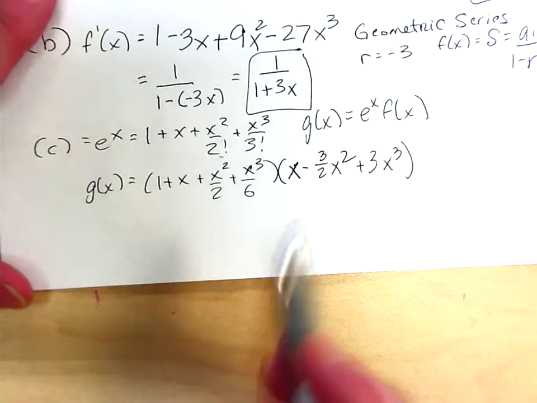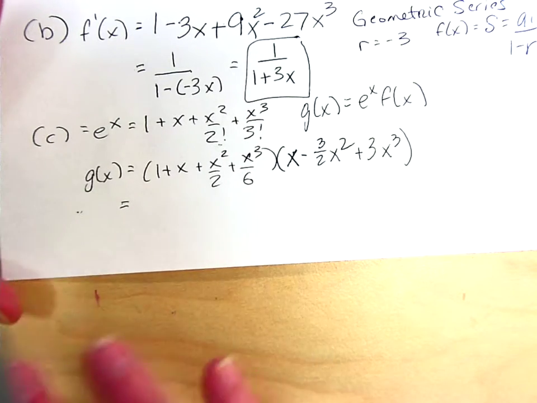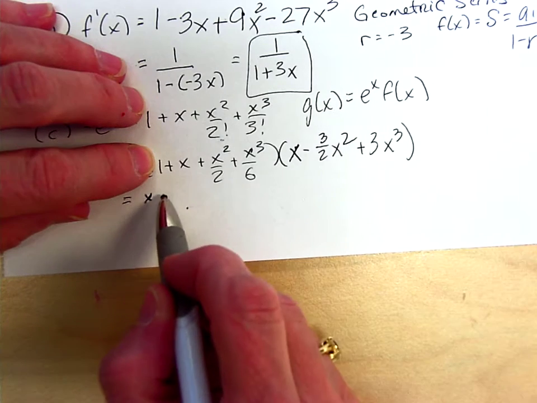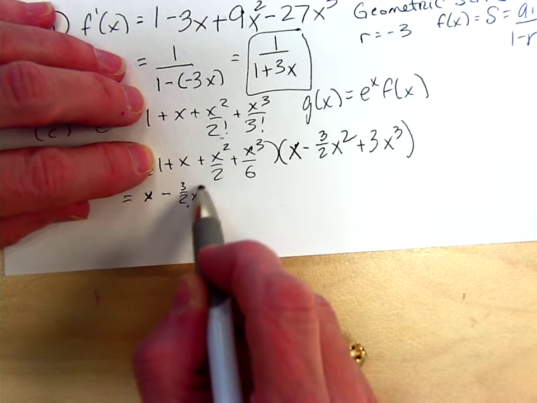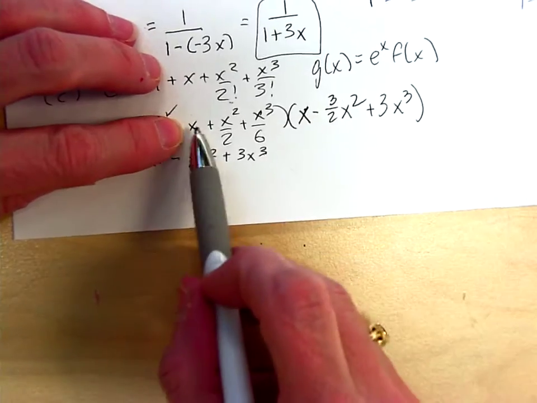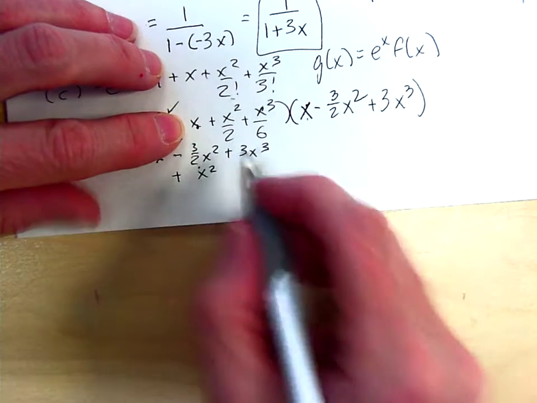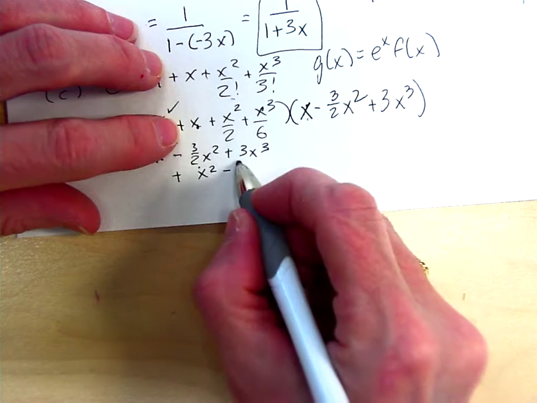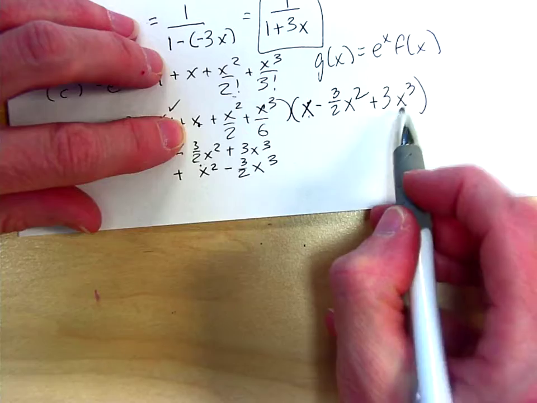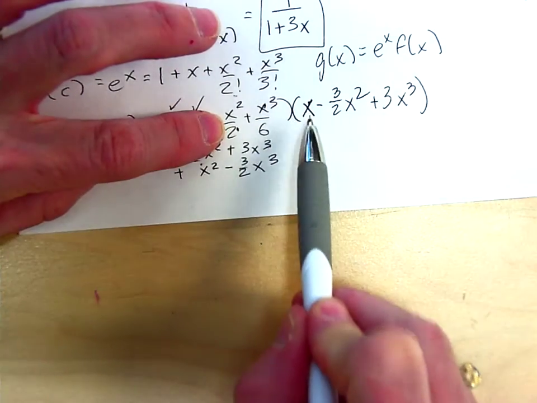So that means we have to start multiplying this together. I don't have to ever go out to the x to the fourth term. So I'm going to do the 1: x minus 3/2 x squared plus 3x cubed. So I'm done with that one. I take this one. x times x gives me a plus x squared. This times this one gives me minus 3/2 x cubed. I don't need to go to x to the fourth, so I can stop with this one. Now I take this one and multiply it here, and I